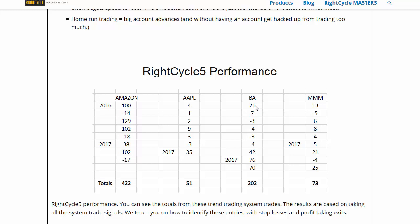So you can trade these stocks like Boeing, and you can see here when you have these losses, they're pretty small compared to the wins. So you have a 21-point win, 42-point win, a 76-point win, and a 70-point win. Now what you want to do is find these stocks that tend to trend on a frequent basis and trend big. You want these drama stocks, and so this sampling here is not necessarily the best list of drama stocks. There are plenty of those out there,